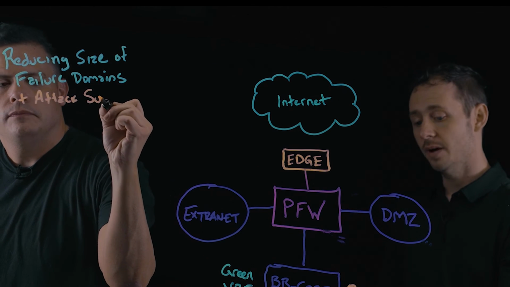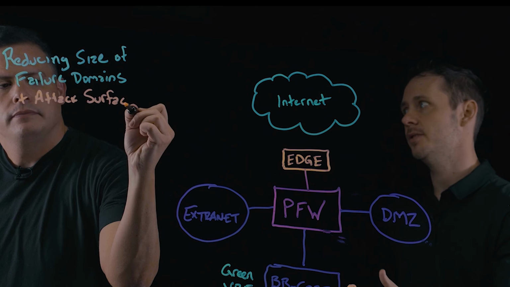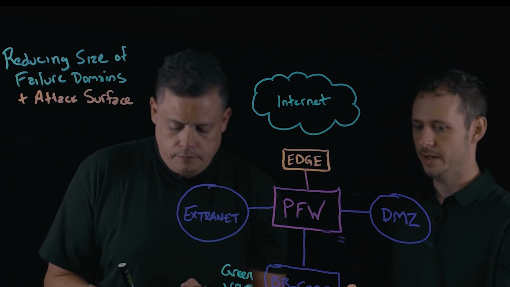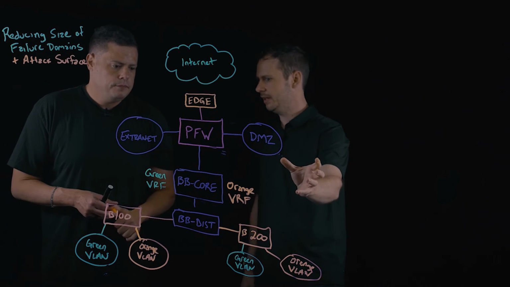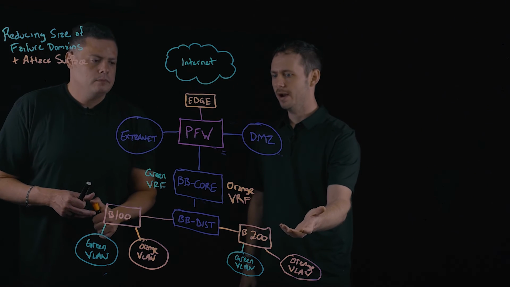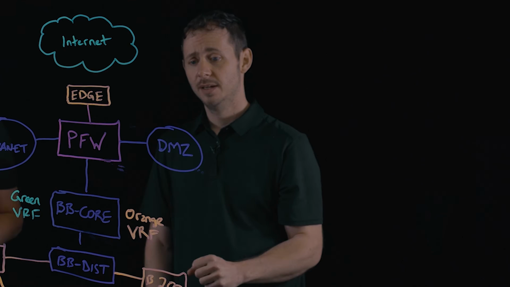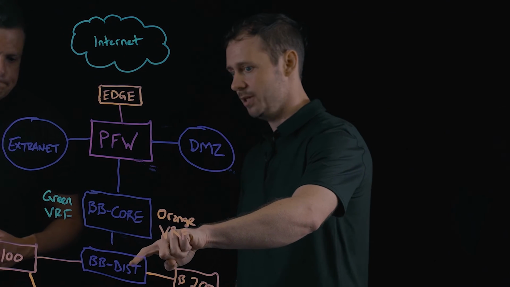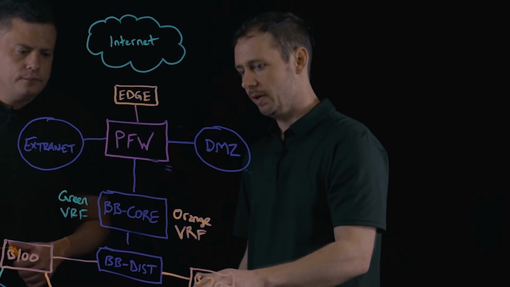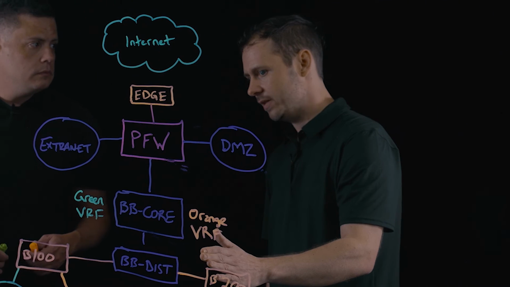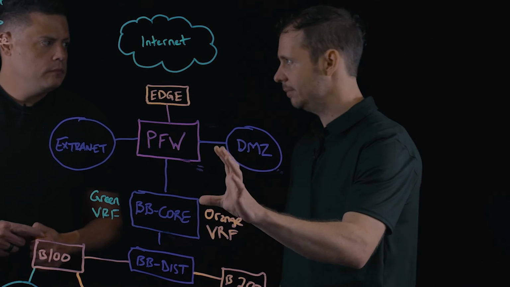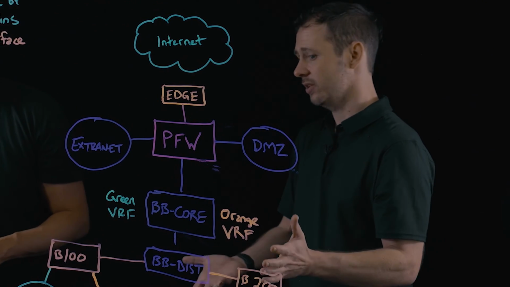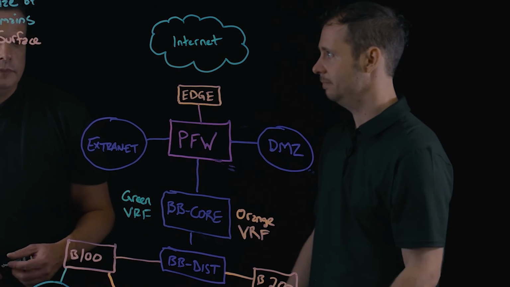Absolutely. And don't forget all of the IoT, the printers, the phones, the badge readers. All of that would be maybe a different VLAN that would require some form of policy. A lot of times that policy would be an access control list maybe on the distribution or core, and worst case, we would have to try to trunk things all the way up to some form of firewall, artificially re-engineer the network to make security work.